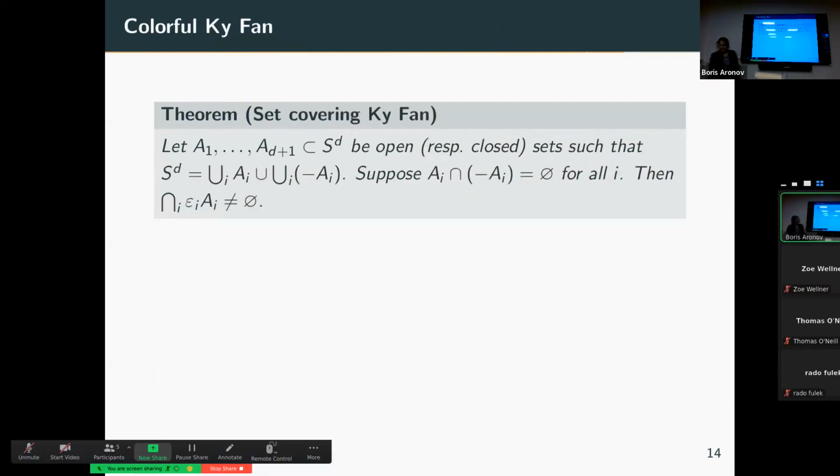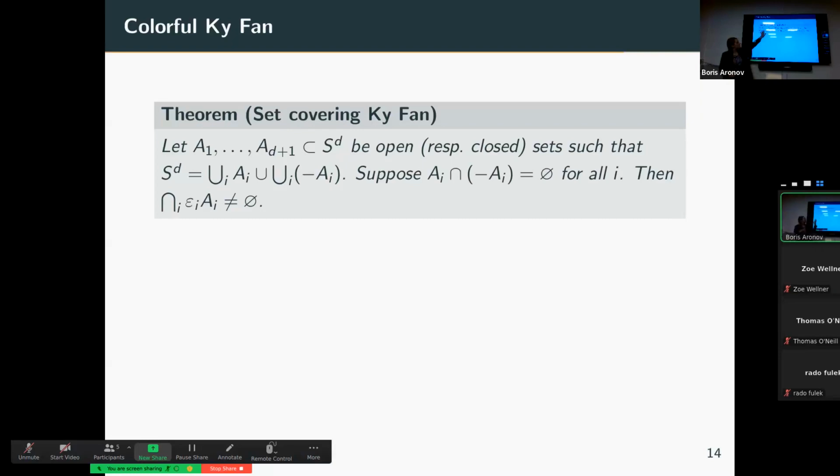Right. So one of the ways that you can prove colorful generalizations, like of the Brouwer's fixed point type of results, is you kind of switch between Sperner's lemma, which has this statement about colorings of specific vertices in a triangulation, and the KKM theorem, which has the set covering. Ky Fan's theorem acts as our labeling type of statement, and then we also have our set covering statement. So you can talk about a set covering version of Ky Fan, and he did in his original paper as well,